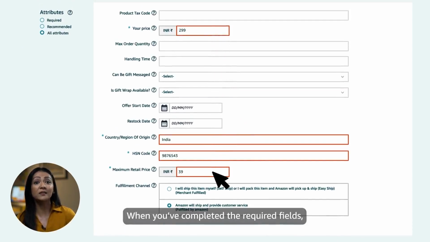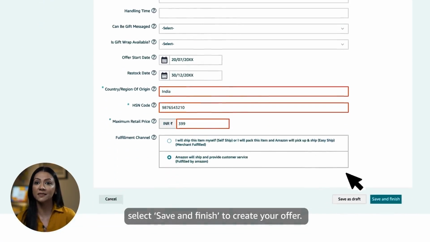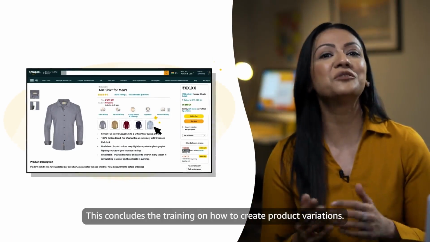When you have completed the required fields, as well as any optional fields, select Save and Finish to create your offer. This concludes the training on how to